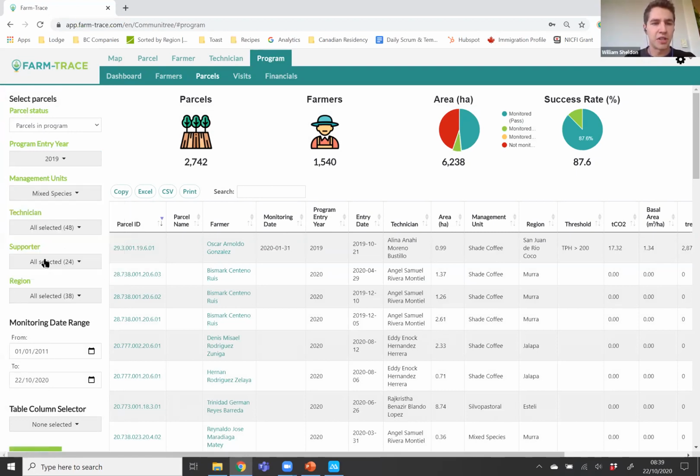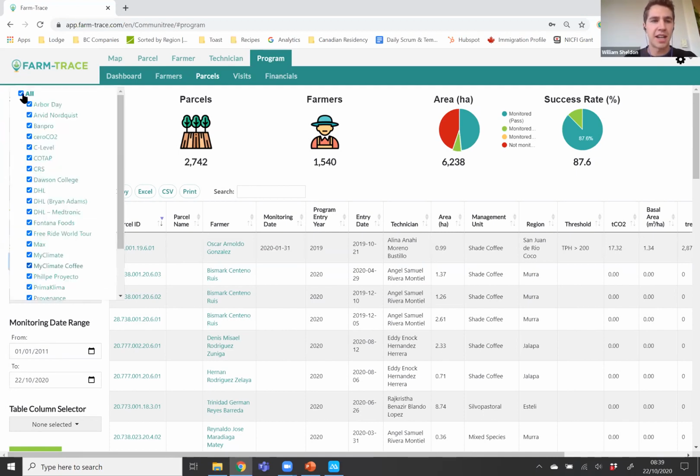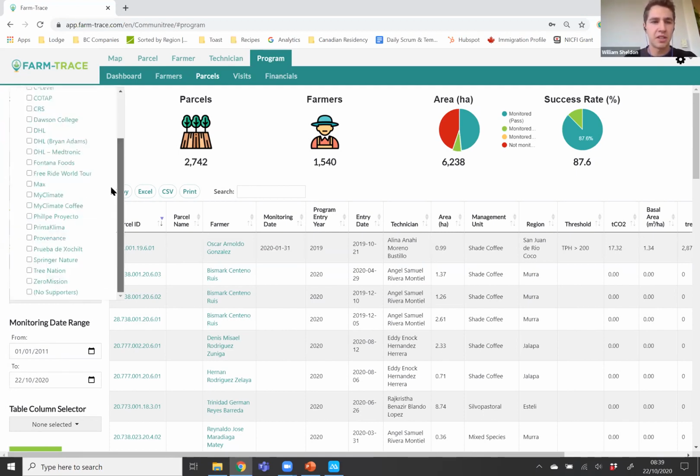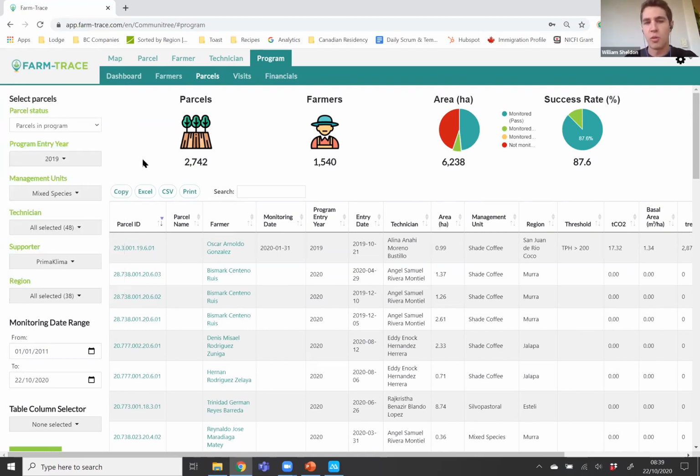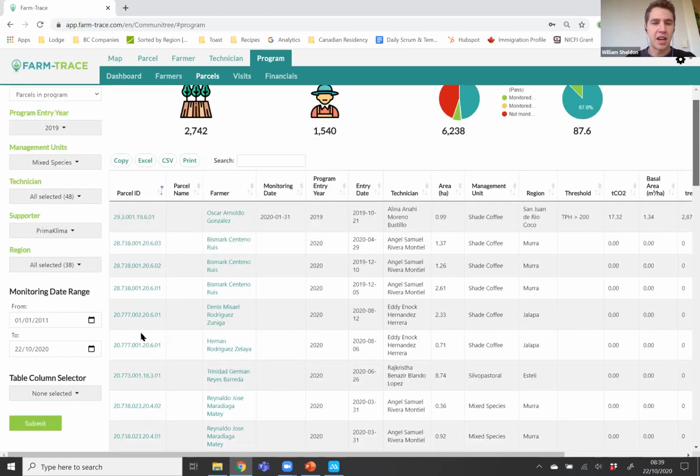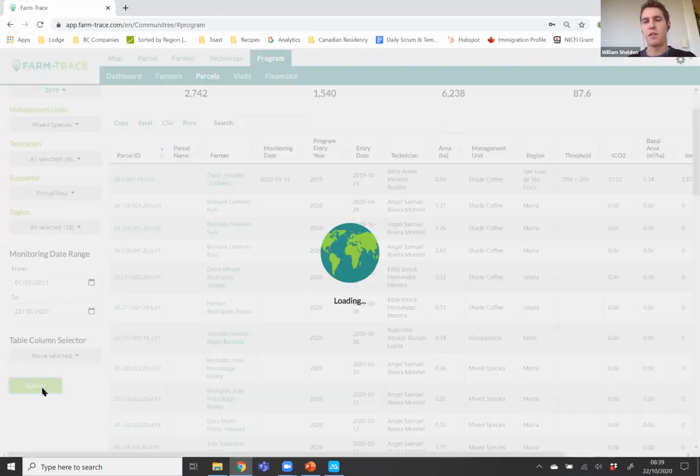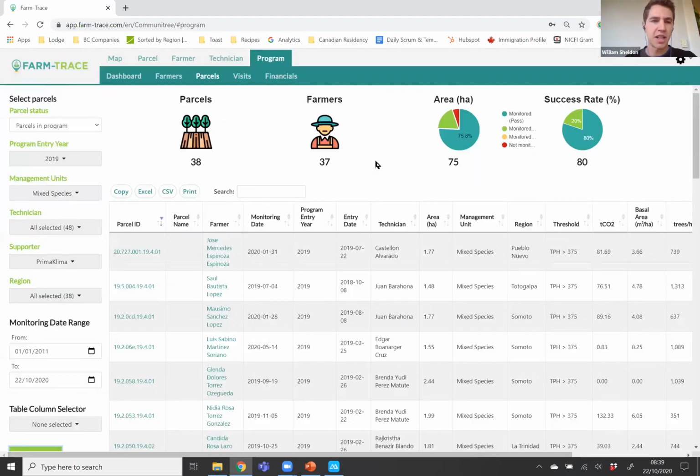And for example, one thing which I haven't shown in FarmTrace, but which you can do in the platform, is link particular parcels to particular funders. So if I wanted, I could then filter down to a particular funder to find all the parcels that we are working with, so I can communicate the impacts they're having directly to them. And so I just select my variables and submit, and FarmTrace is going to retrieve all of that data and give me a breakdown. So for this funder, I have a report that I can just export out of FarmTrace